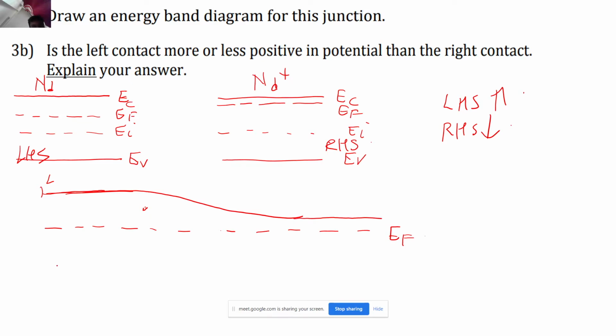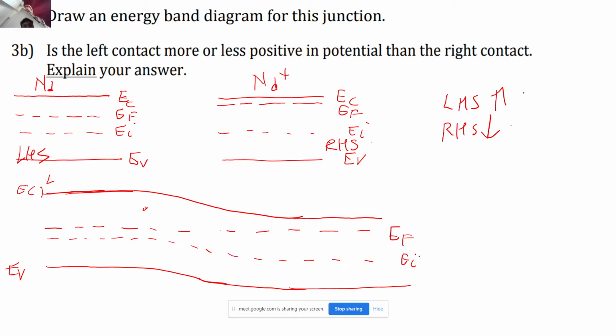Correct, and then I will again be having this, correct, and after that I will again be having the EI. Let's say this is EC, let's say this is EV, and I will again be having an EI. This is EI, correct. Now let's check whether this is correct or not.